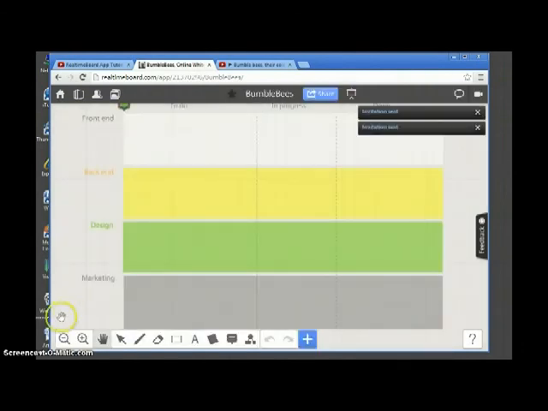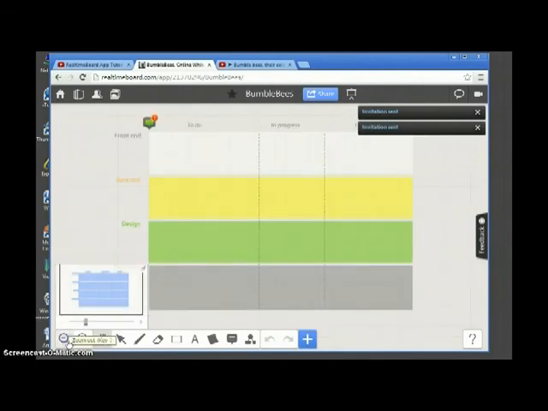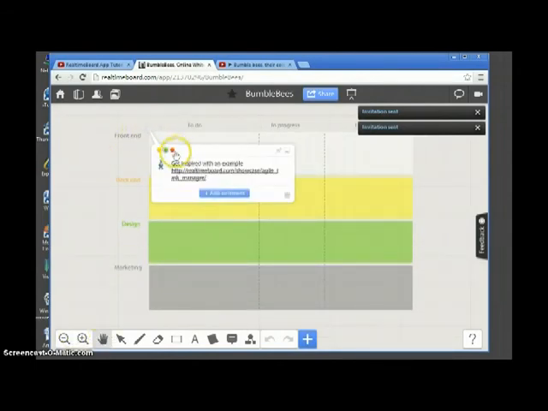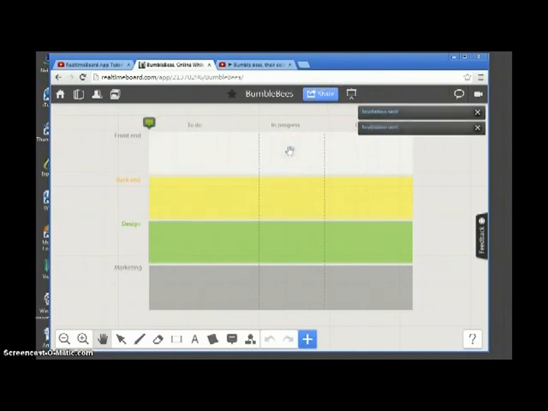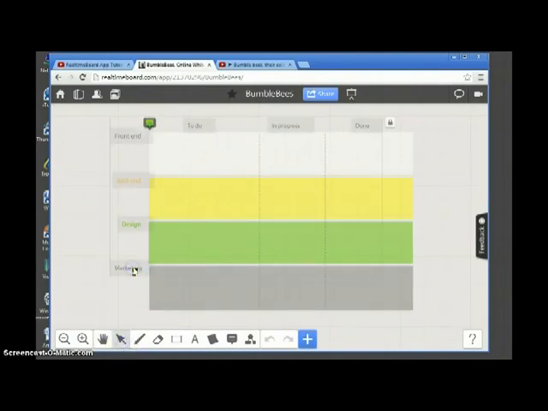Alright, so this is your production plan. So we're going to start off by zooming out a little bit. This right here is a notification. It's not too important, it just tells you about updates, so you can just minimize that. So production plans are really useful, especially for time management and project management. As you can see, there are some pre-made headings, but you can easily change them by pressing the pointer tool